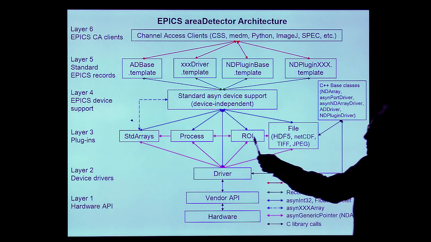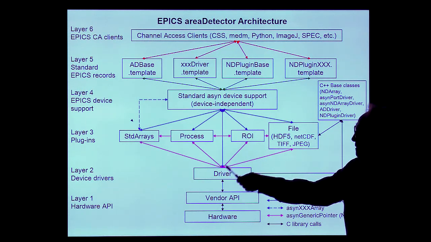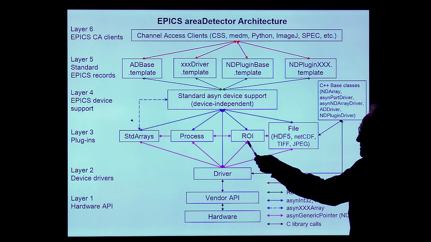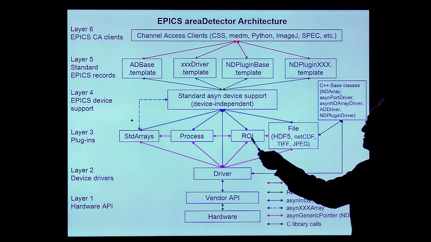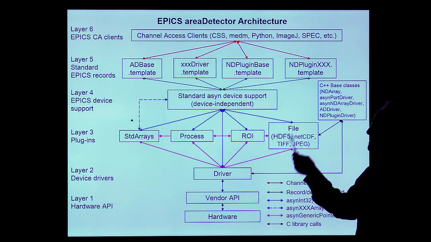And these plugins are not only receiving arrays, some of them are also now a source of a new array. So a region of interest could select some subset of your image and then pass that on to